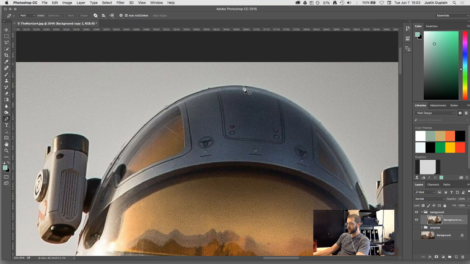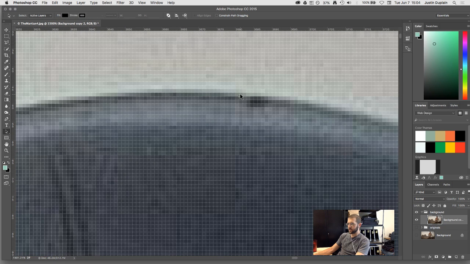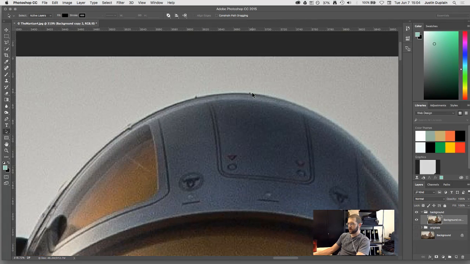Now I'm going to start off by clicking and dragging. And what that gives me is a couple of little handles here. And what that means is this point where I originally clicked and started to drag is going to be a curve. Okay, it's not going to be a hard corner, it's going to be a curve. So that's this point right here, and that's a curve. Okay, so I just went into my selection tool. I'm going to use my direct selection tool while I'm working with the pen tool,